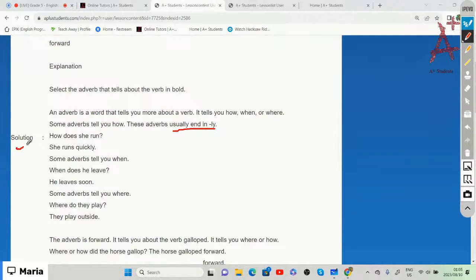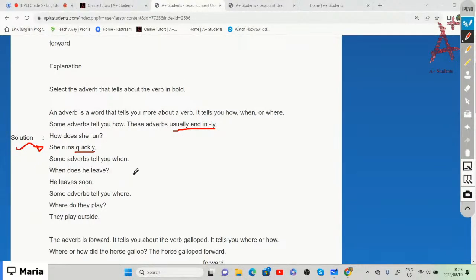So the sentence would be she runs quickly. Then you need to ask yourself the question, how does she run? Because now it answers or basically tells you how, when, or where. She runs quickly. So quickly is our adverb,